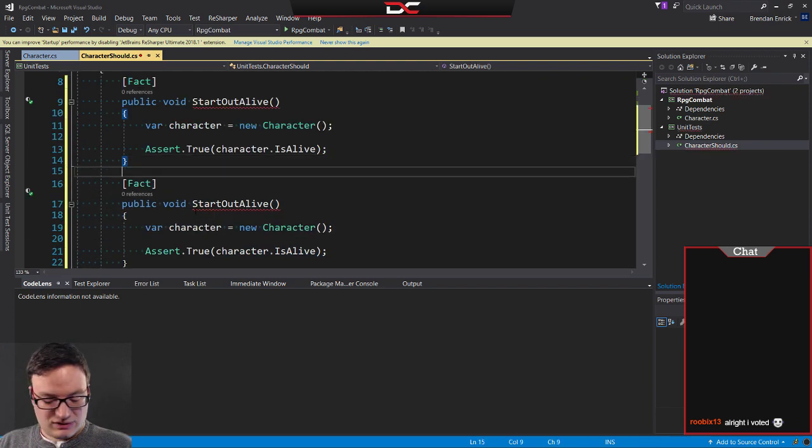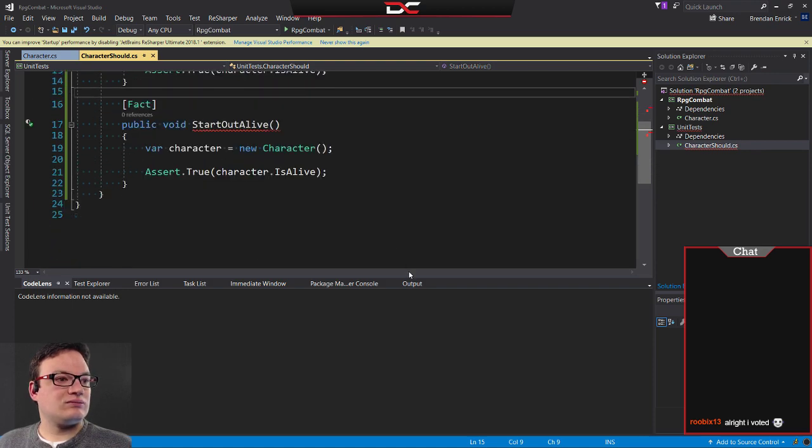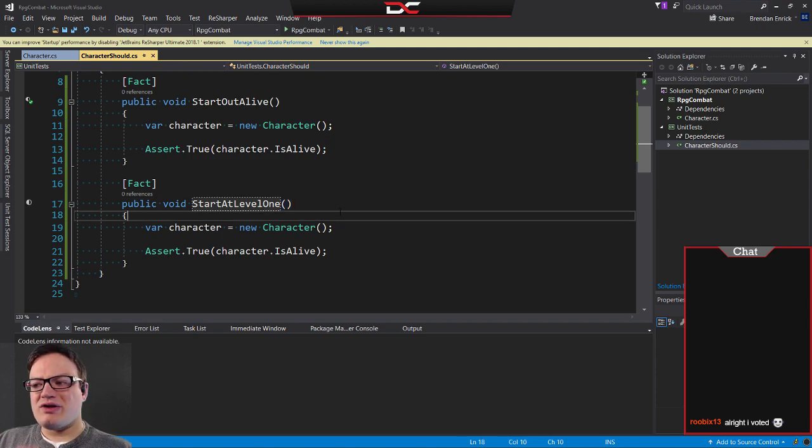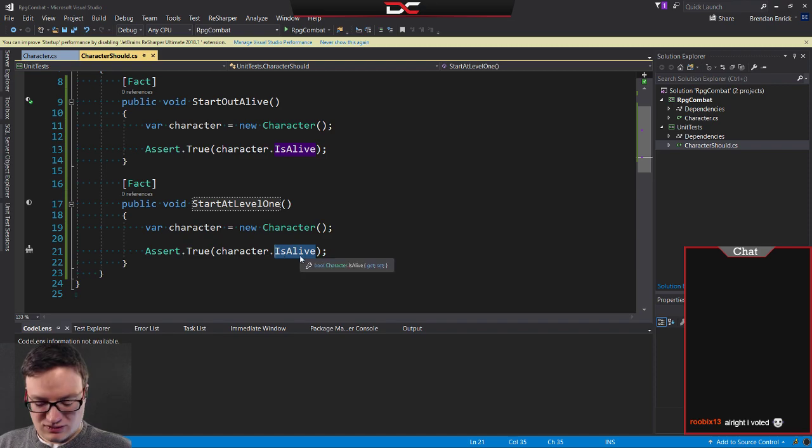We have another test here. We said start at alive, and now I want to say start at level 1. It's a tough call whether I do the word or do the number, but I think that's the way I'm going to do it. So we're going to say level